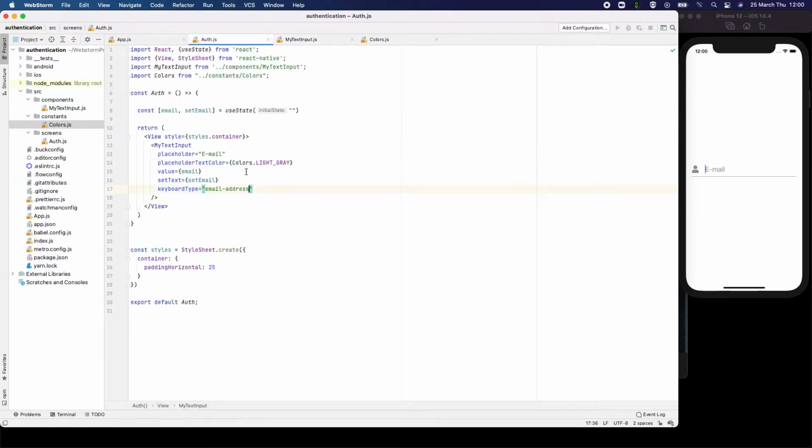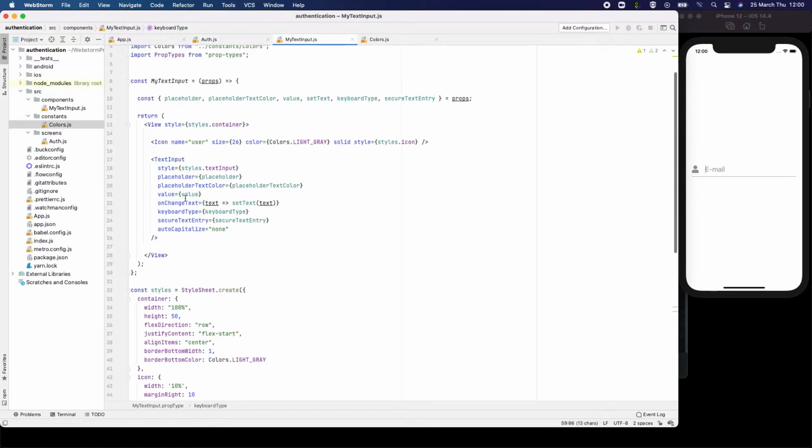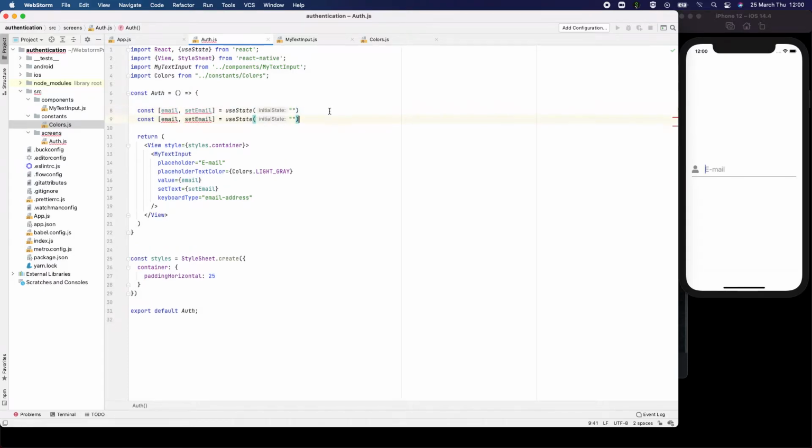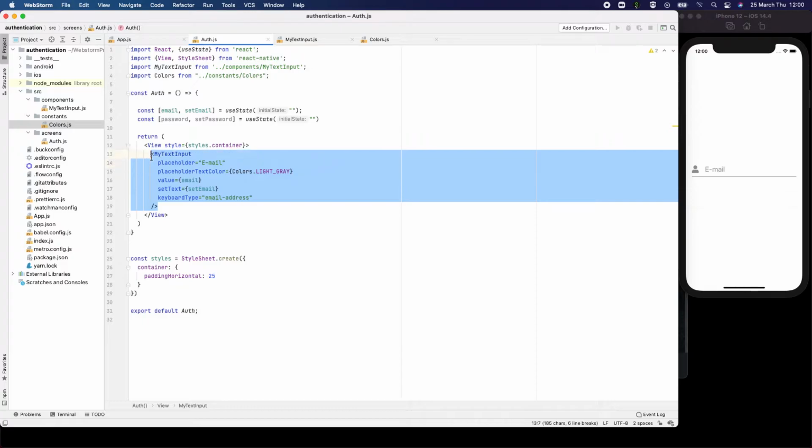And also another thing. Now email and set email, set text. We gave the set email function to the my text input. So when we get the text, it sets the text to the email state. Okay, now let's continue. Let's copy this. Also password, as you see, set password. Okay, the initial value is empty string. So let's copy this,